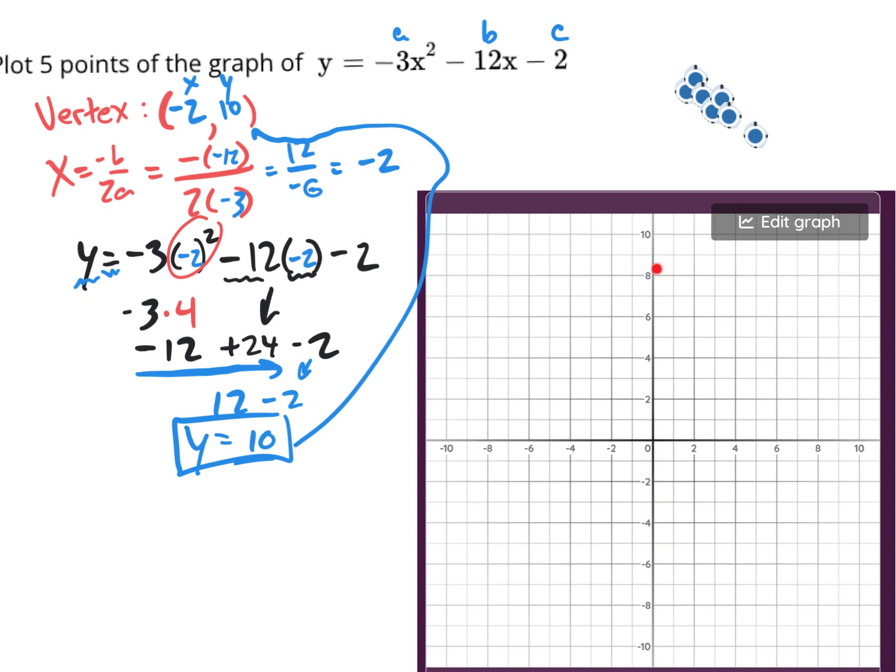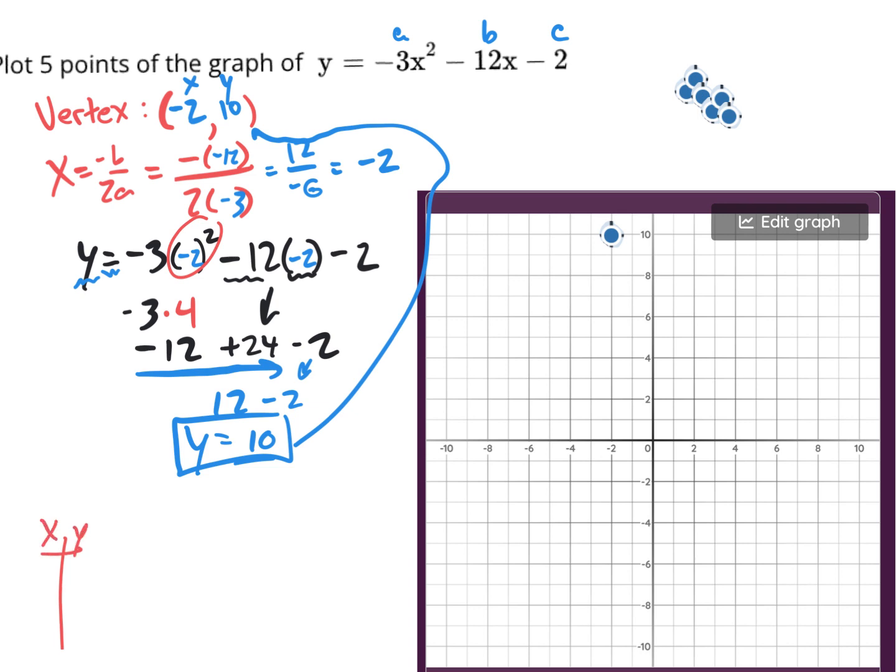Remember, this is your x-axis, this is your y-axis. Negative 2 on the x, positive 10 on the y. Put a dot right there. And then we know that there's an axis of symmetry that runs right down through it, and we need more points. And you could go, if you wanted to,